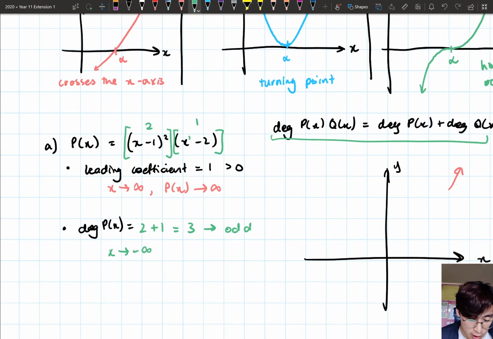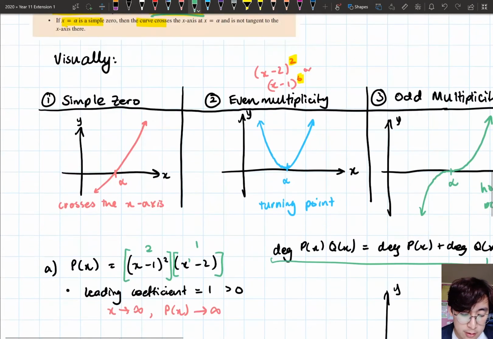So it's going to go the other direction. So as x goes to negative infinity, p of x goes to negative infinity. So using that information, I've got this here. Okay. The final step that I'm going to do is I'm going to look at the zeros and look at